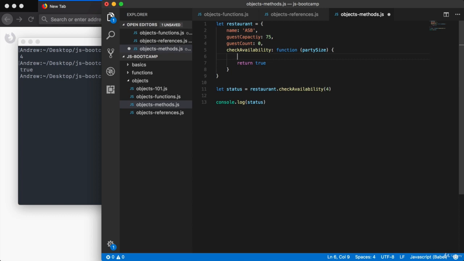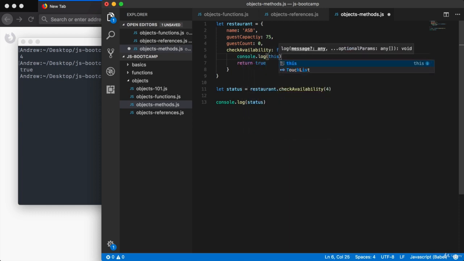Inside of our methods, we have access to this. This references the object the method is defined on. In this case, we have our method right here. What object is it defined on? It's defined on this object. So this refers to the object. Now that means we should be able to console.log this to see the object with all of its properties. Right here,